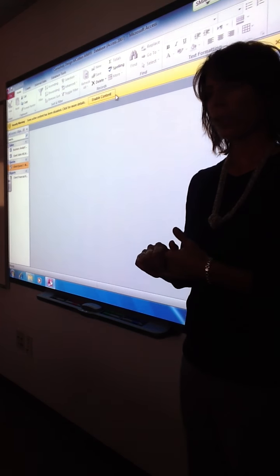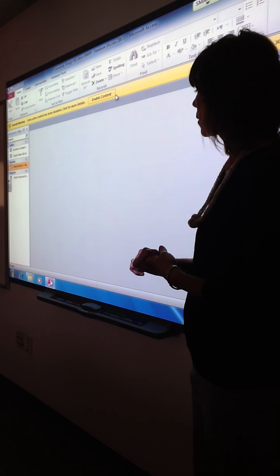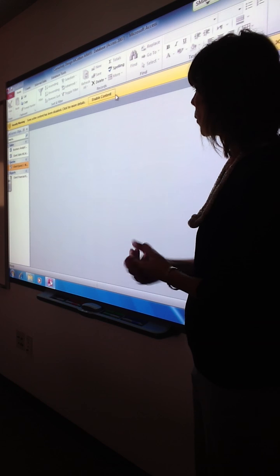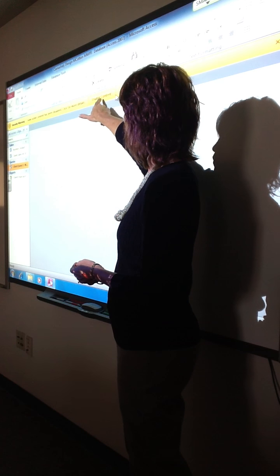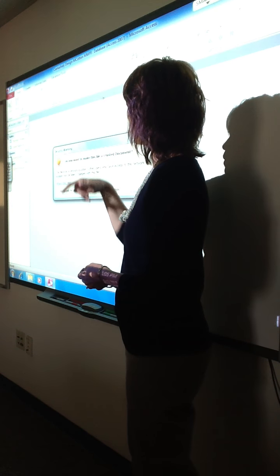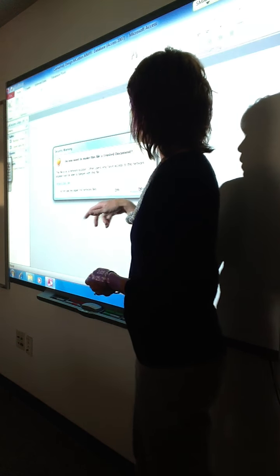Alright, we'll take a quick look at Chapter 2 of Access. It's normal when you open up your database that you get a security warning at the top, so just get in the habit of always enabling that. And we should be able to see to the far left in the navigation pane your tables, your queries, your